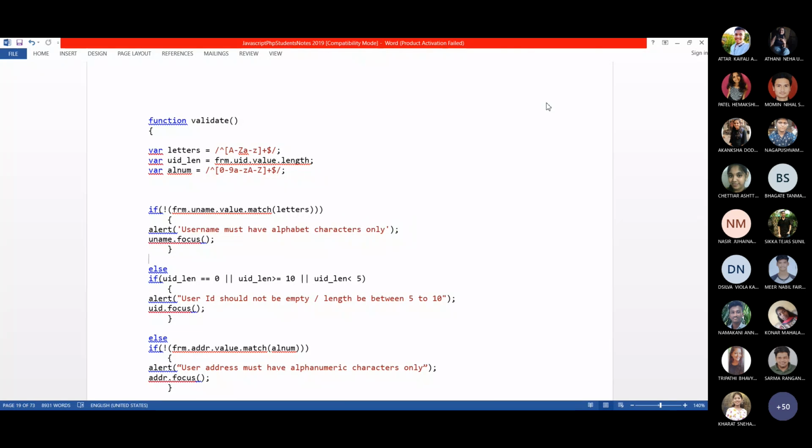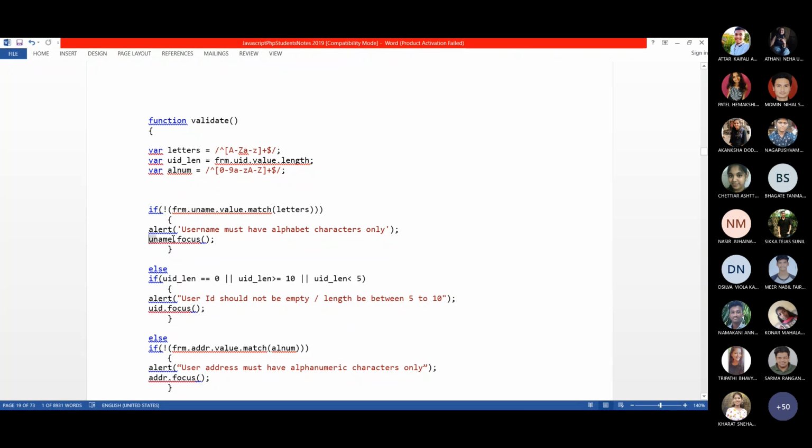when it is popping up, the user will see the pop-up, and because they already entered some wrong data in username, uname.focus. This is also a method. This is a window method. What will this do?